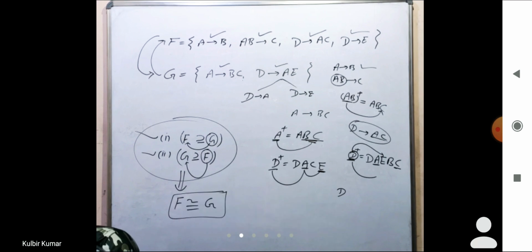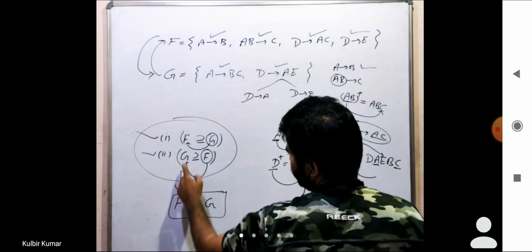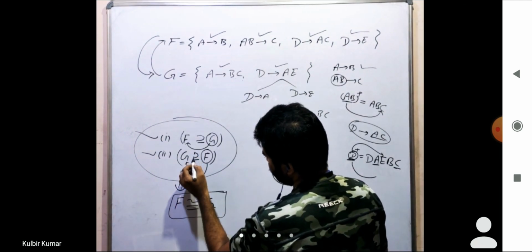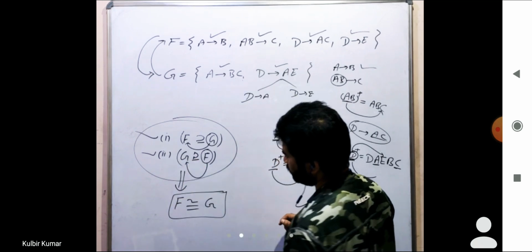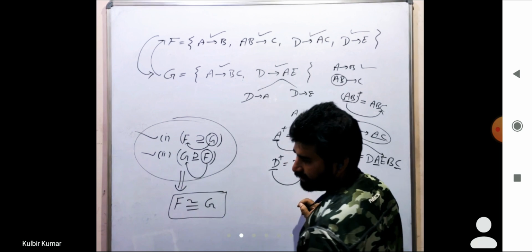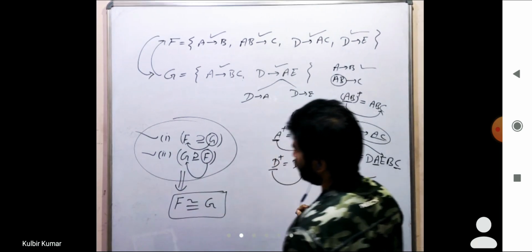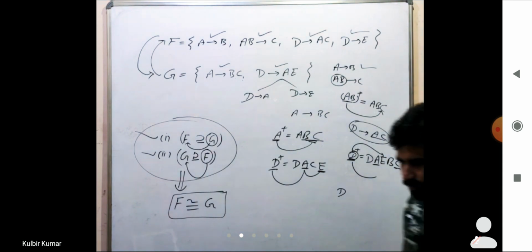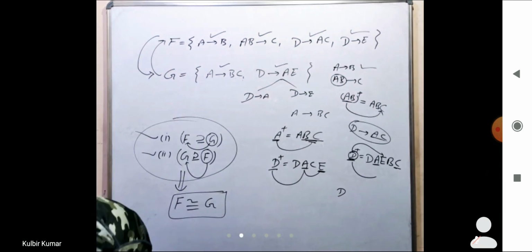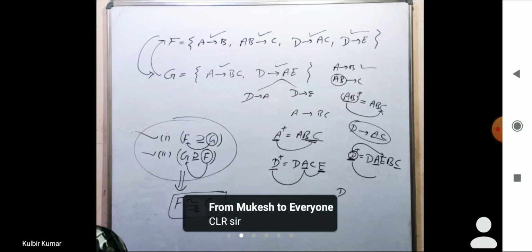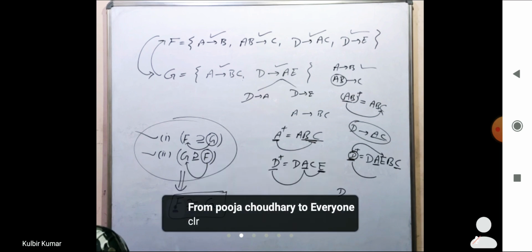All the functional dependencies of F are implied in G, because G superset है ना. ये कर रहे थे ना, तो ये जो फेस दिख रहा है ना, इसका मतलब क्या हो गया? ये सुपर सेट है, ये बड़ा सेट है, तो इसका मतलब बड़े सेट में छोटे सेट तो इम्प्लाई करेंगे ही, है ना. So till this part it is clear or not? Functional dependencies of F are implying in G, we can say.